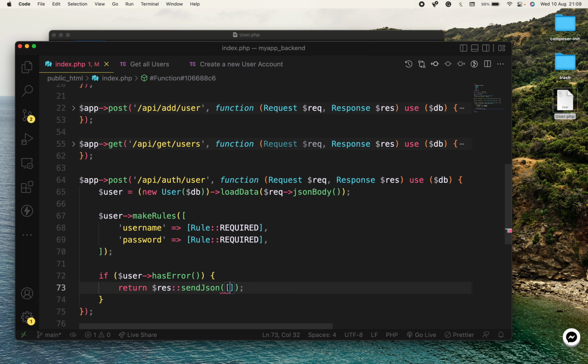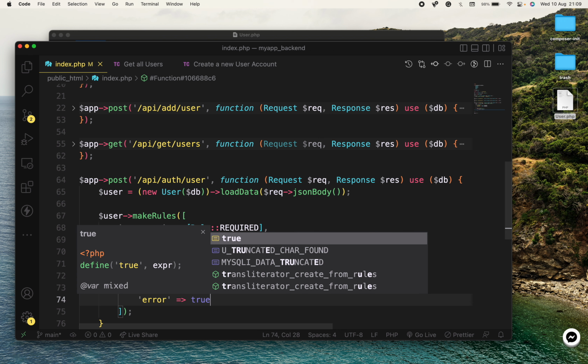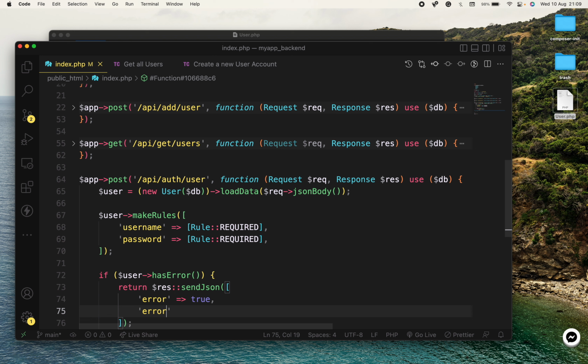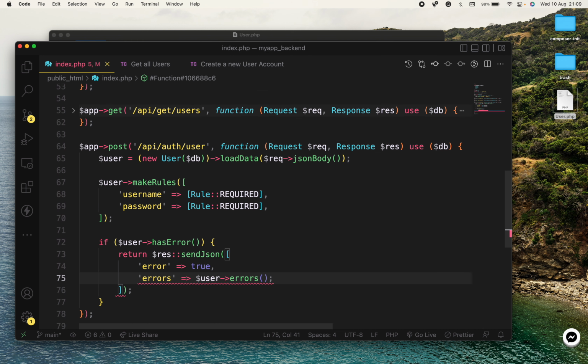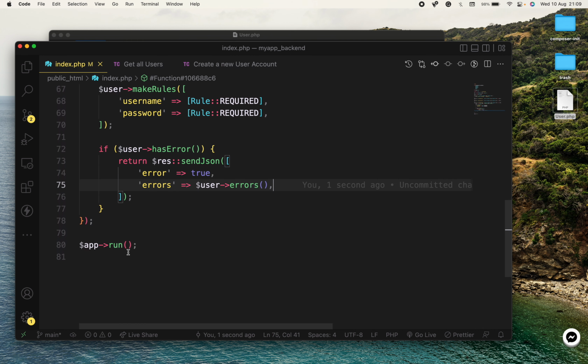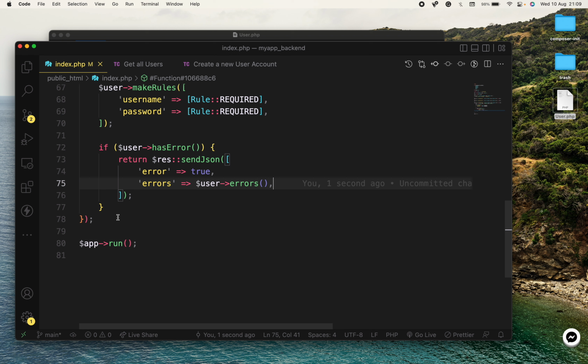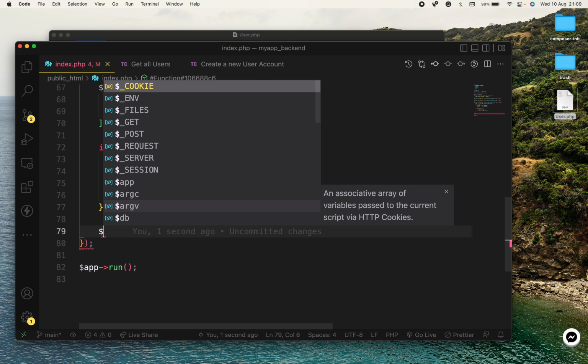And this response is also going to be an array that says error is equal to true, and the errors are going to be gotten from our user model. So errors, and that is going to give us back the errors. All right, and if there are no errors at all, then what we want to do next is to